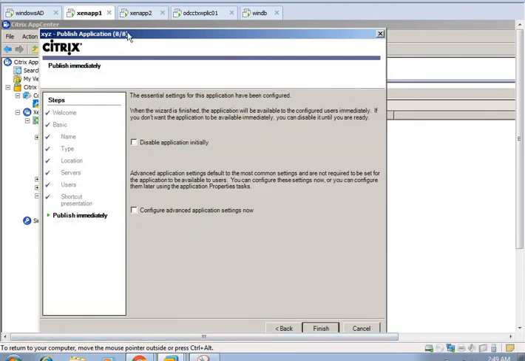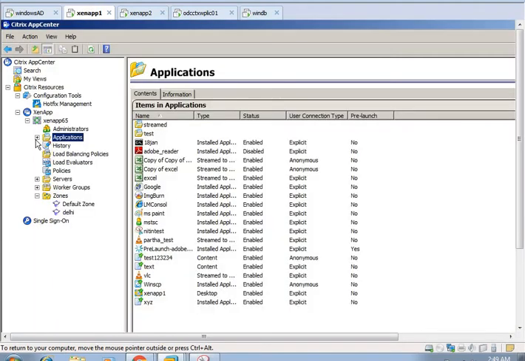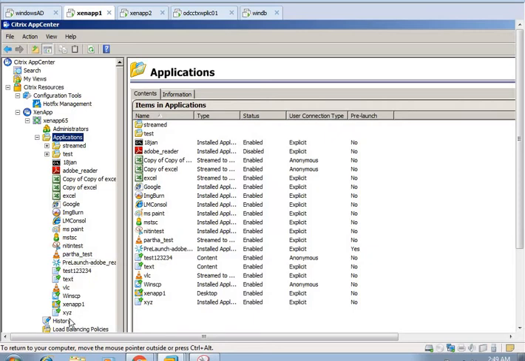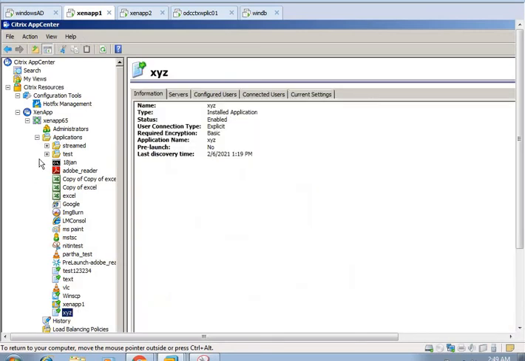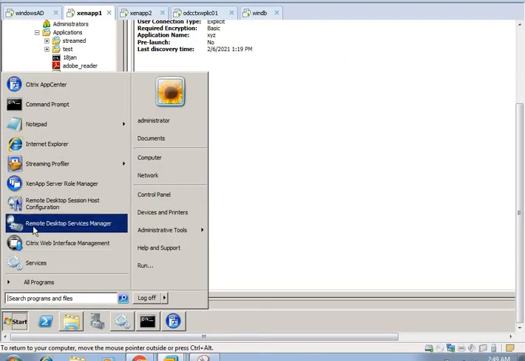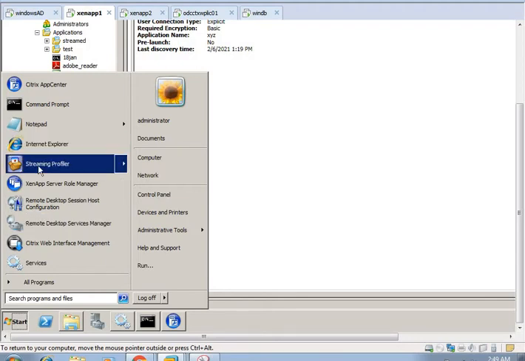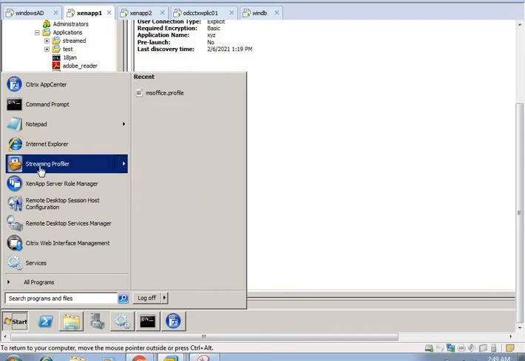Next, and then the application is published over here. Just finish, and we can see the XYZ application is here. So this is all about this. But for a streamed application, we use application streaming through VMware ThinApp, or we can also create a streamed profile using the streaming profiler.